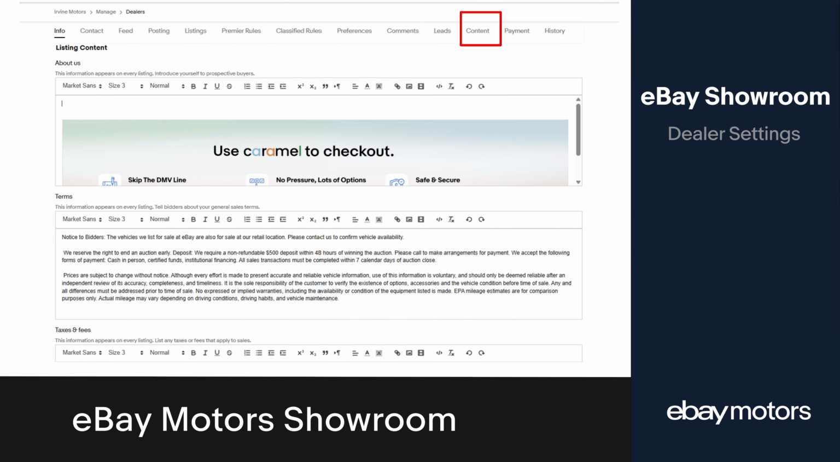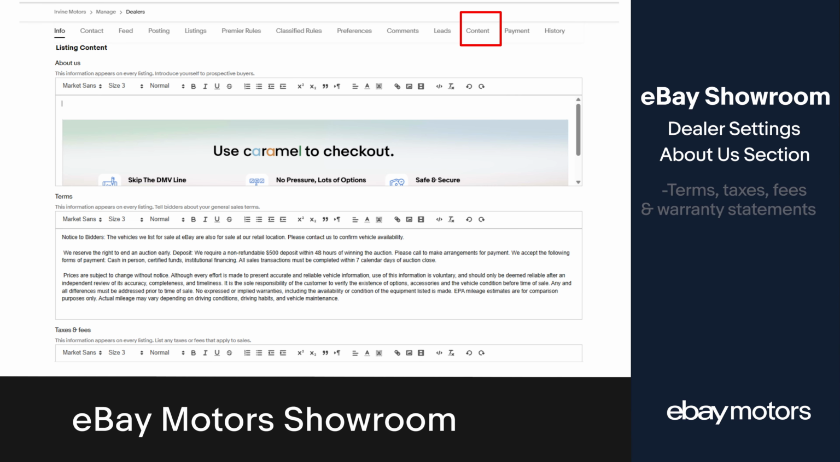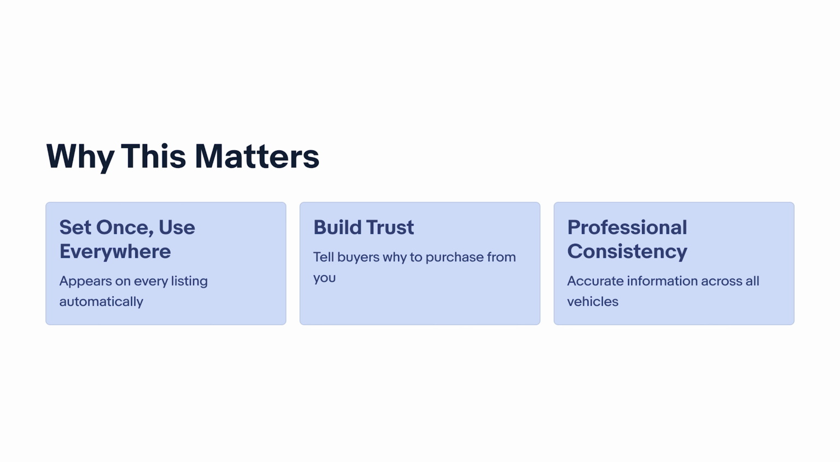On this page, you'll set up your About Us section, along with your terms, taxes, and fees, and warranty statements. It's important to complete this section carefully because the information here will appear on every listing you post. By setting it up once, you'll save yourself a lot of time later and ensure that your listings always look